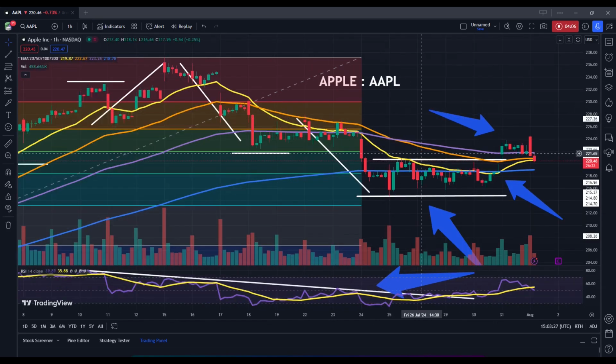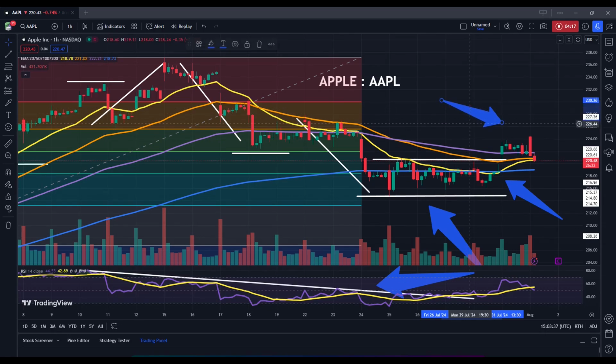So if we do see some better numbers here, given that the expectations are calling for some sort of near term declines, this does make it a bit easier for the stock to report a favorable earnings figure. Lower expectations do make it a bit easier for the stock to outperform. So if we did see a positive number here, the next level that we would be watching to the topside